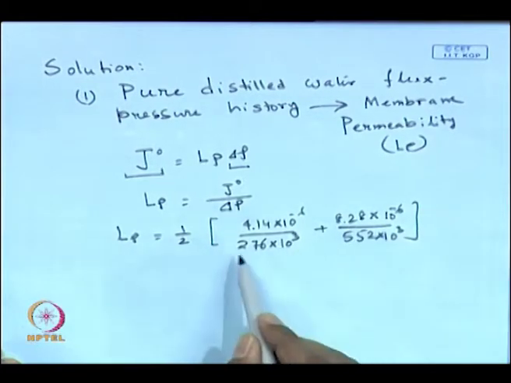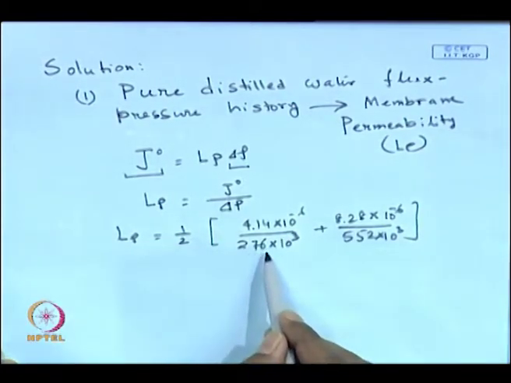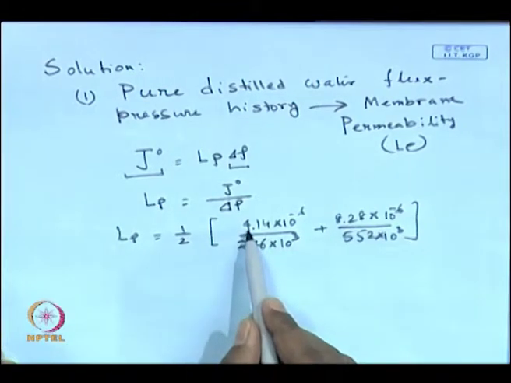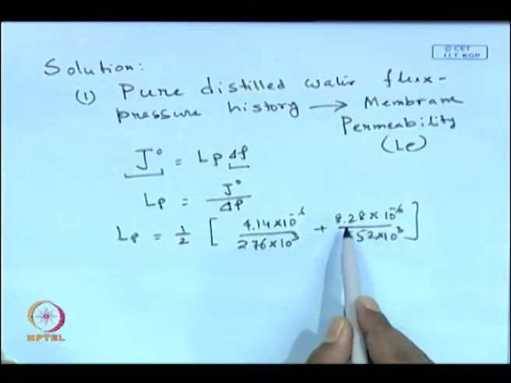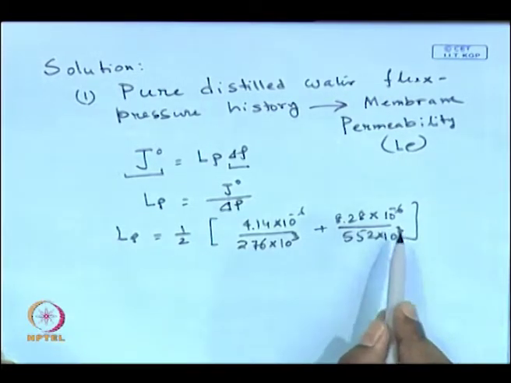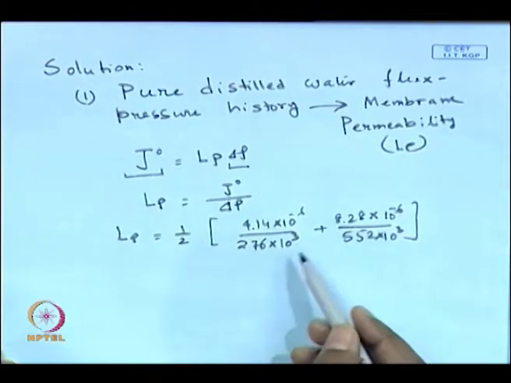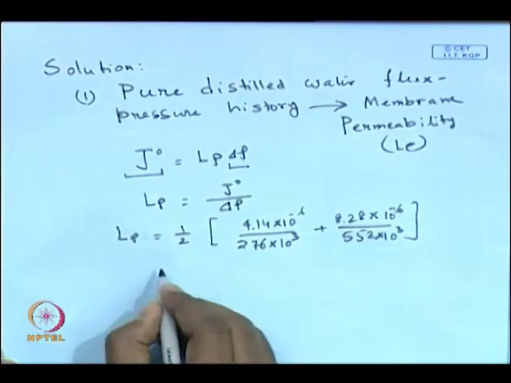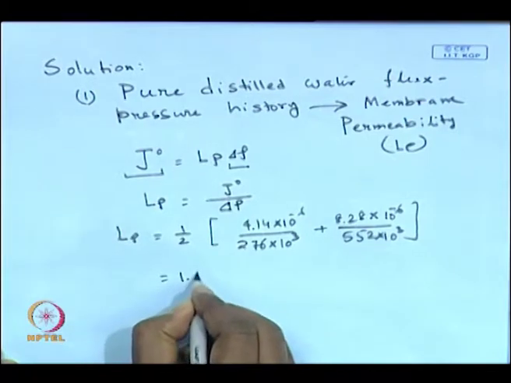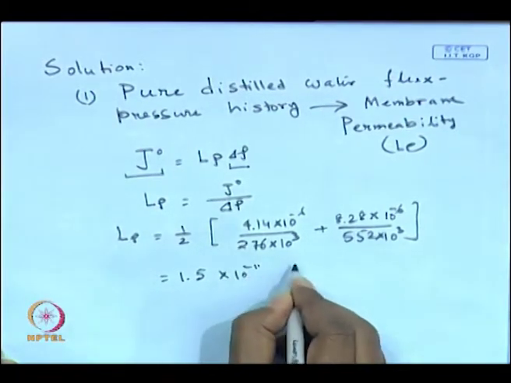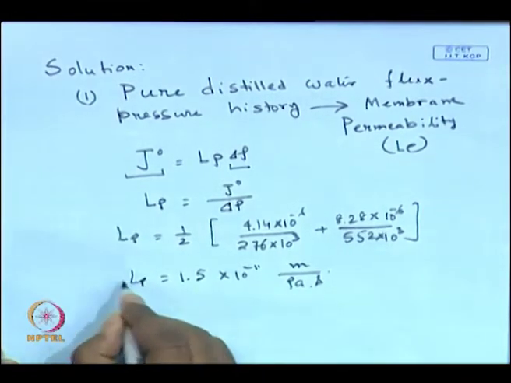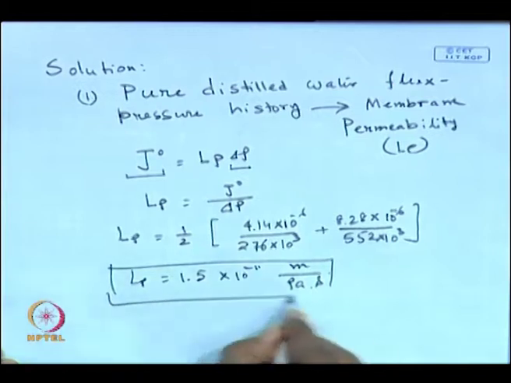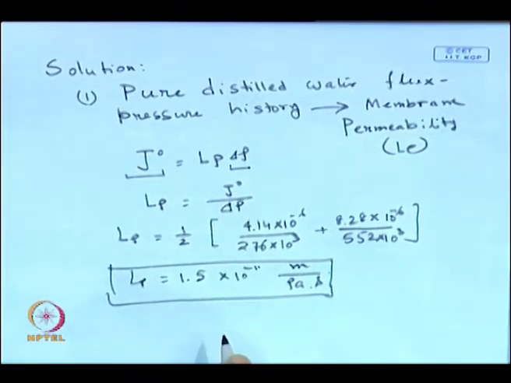It was given that at 276 kilopascal pressure you will be getting a permeate flux of 4.14 into 10 to the minus 6, and at 552 kilopascal you will be getting around 8.28 into 10 to the minus 6. So, using both the conditions, you can calculate the average permeability, and it turns out to be 1.5 into 10 to the power minus 11 meter per Pascal second. So, from the first set of data you will be able to calculate the membrane permeability, or how porous